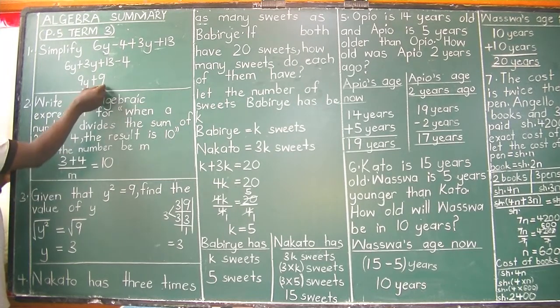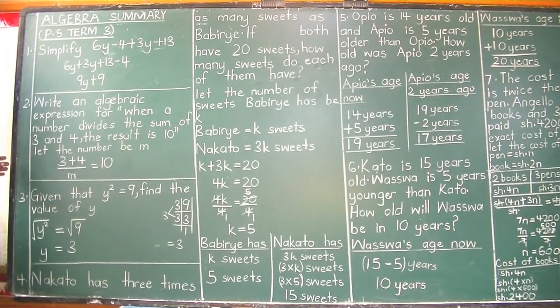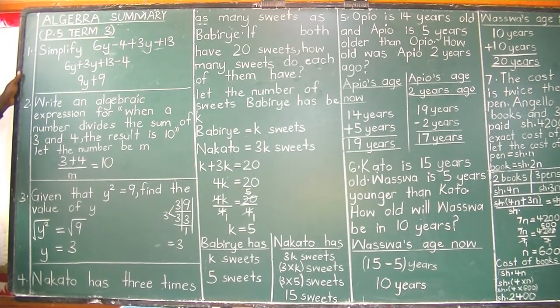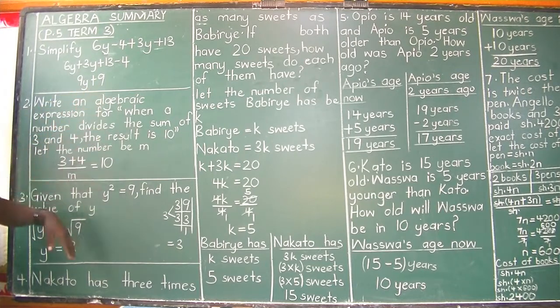Remembering that these can never produce one answer when added or subtracted, because they are not looking alike. So they are not like terms. This has y, this one doesn't. So therefore it remains 9y plus 9 and nothing else, and that's the answer. As we look at example number 2,